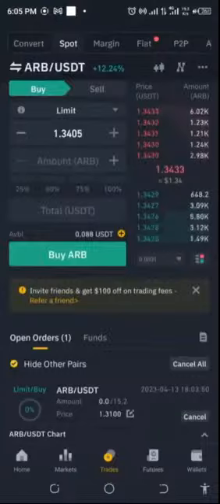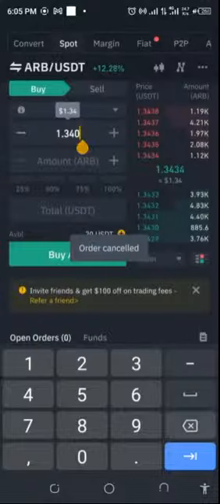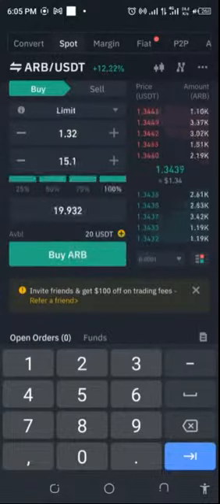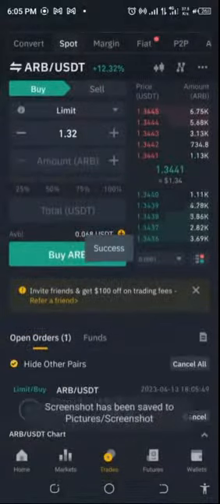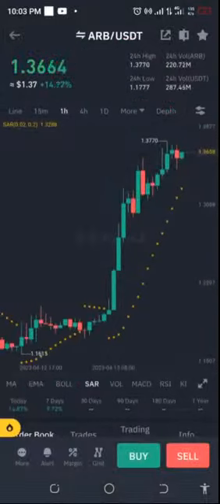Okay, I'm going to cancel that. And then I'm going to set the buy limit to 1.32, and then pick up the entire thing. I think that should just be fine. 1.32 should look like a considerable amount, and then let's just stay in the queue. So I'll be back again with the results. Wow, it's